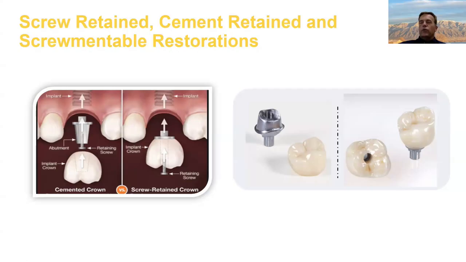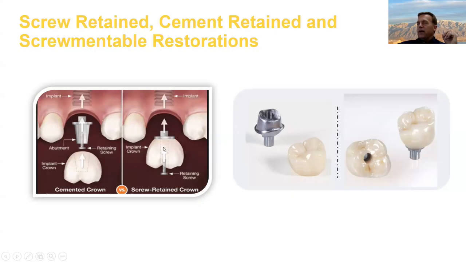Also make sure that you use a radiopaque cement and that you use enough cement, but not too much. I know that's easy for me to say, but you get a feel for it as you do it. The nice thing about cement retained is that they're really easy to deliver, in the sense that you can torque the abutment, take a radiograph, make sure it's seated, and then this just becomes a metal prep, adjust the contacts, cement it, and clean it up. So that's really nice. Screw retained, there's no cement, or the cement has been cleaned off long before you get it. So it's definitely much more favorable from an implant health perspective, but